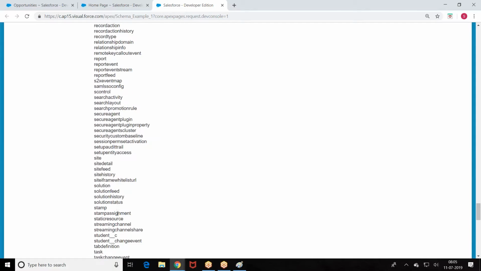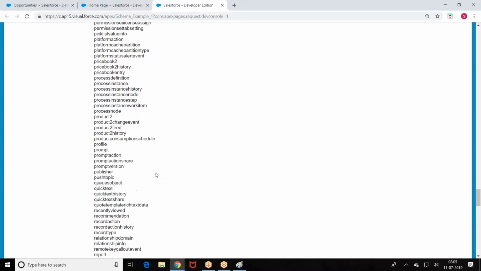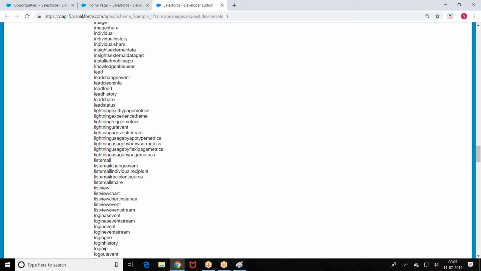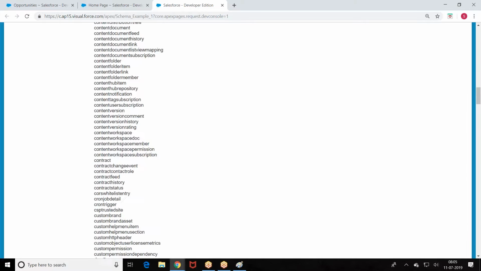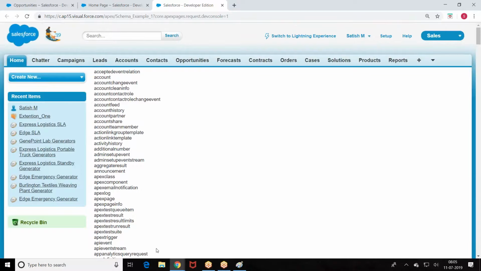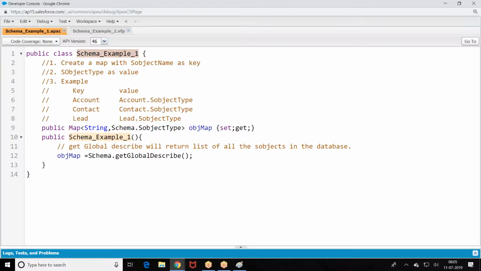All of them are referred. Student. All the objects are received here. How are you getting all the objects? Schema.getGlobalDescribe. This will give you a list of all the objects that are there in the database.